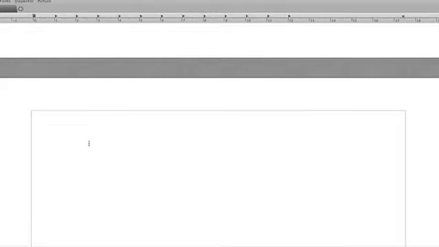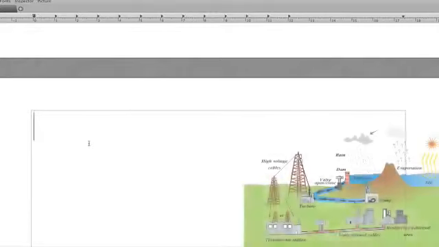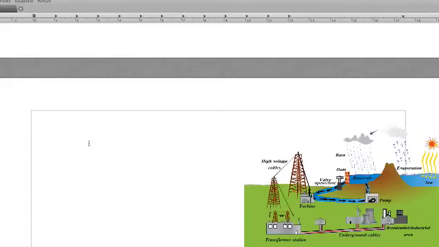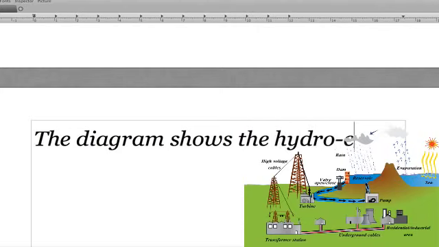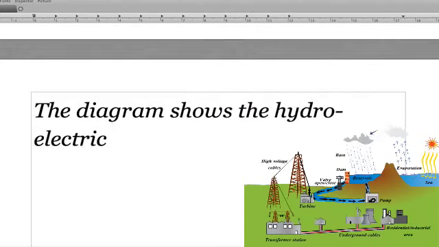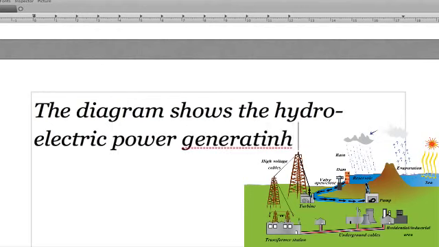So as you know, the first couple of sentences provide an overview of what the data source is showing, and then reveal any broad trends or broad details that we might want to include as part of the overall description of the data source. So the diagram shows the hydroelectric power generating process. And then we might, as a broad trend, just point out that it's both cyclical and linear in nature. And we might also state that